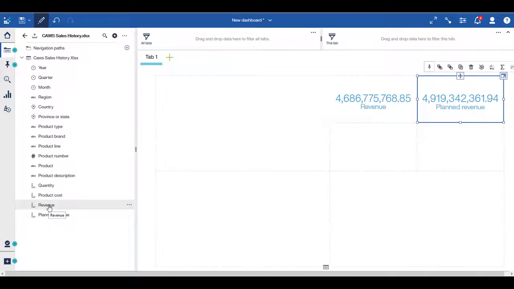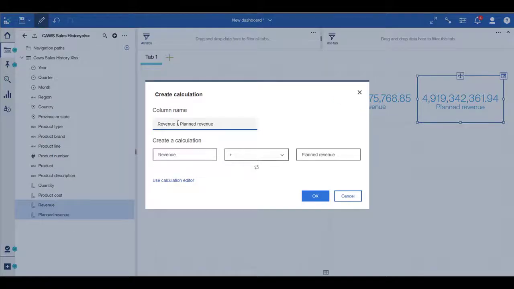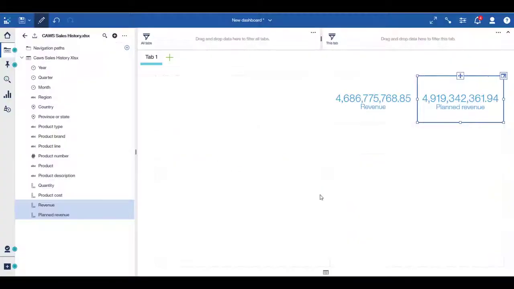Having both revenue and planned revenue are great metrics to monitor, but even better is to have an additional measure which shows how the revenue is tracking to plan. By selecting both revenue and planned revenue, you can create a calculation called revenue attainment and set the calculation to perform as needed. A new measure is now added to the data source list and can be added to the